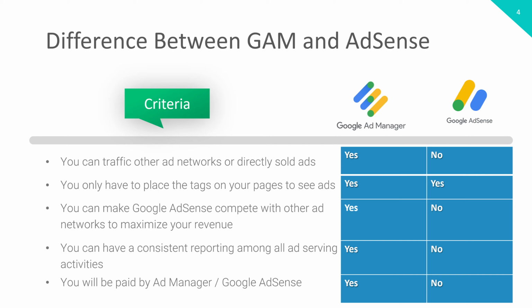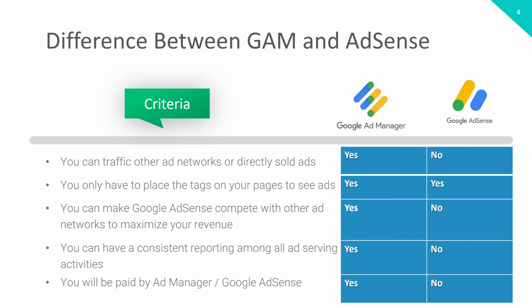Secondly, you can place your ads on your pages, but like I said, you need to control where you have to place those ads. So don't place the ads on particular pages. With Google Ad Manager you can control some things via just key-value pairs, so you don't have to place ads on each and every page to control it. But with AdSense it's compulsory to do it. So even though it's showing that both options are available, there is a technicality involved and lots of things need to be done with AdSense, and with Google Ad Manager it is very flexible.